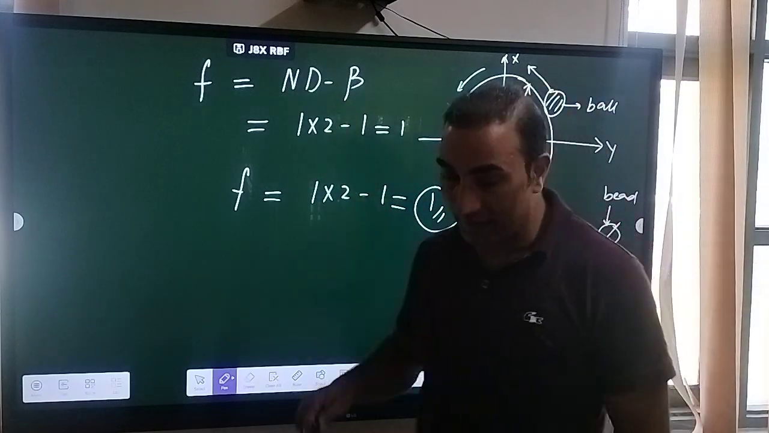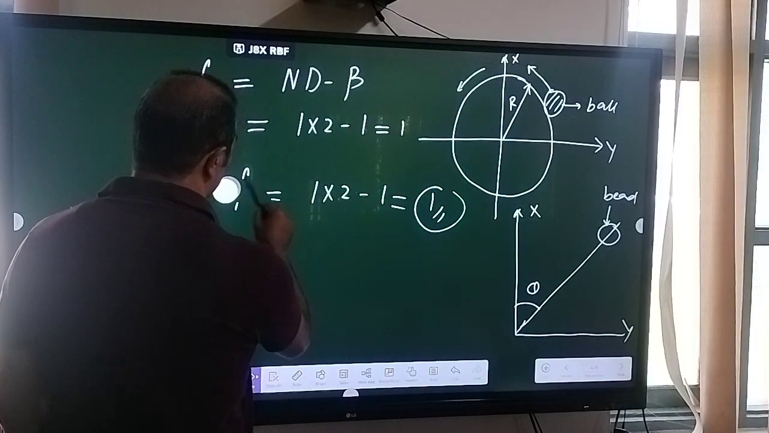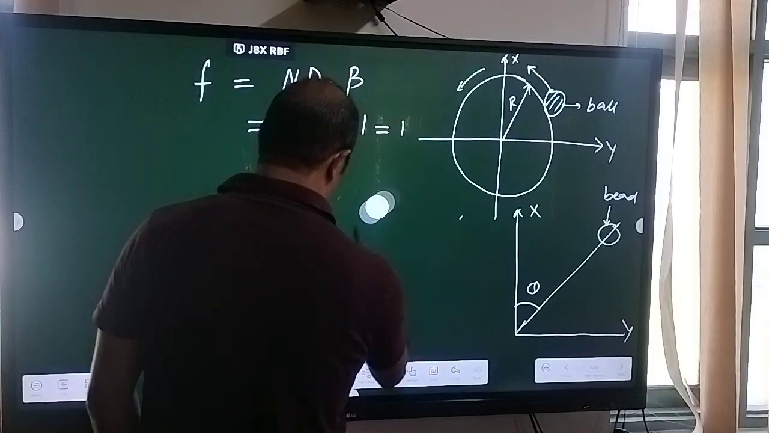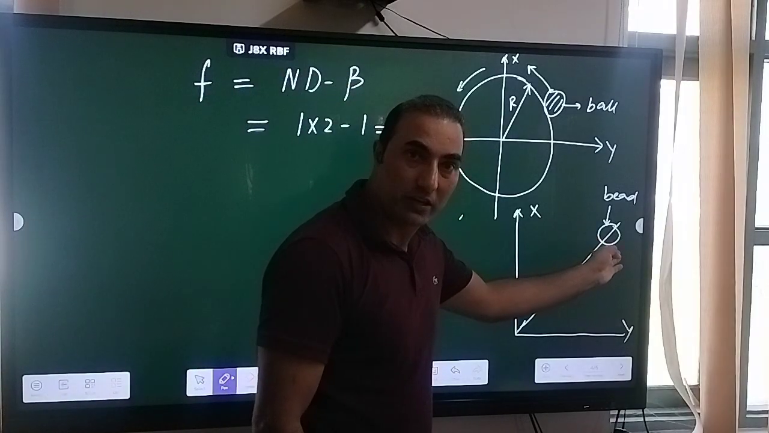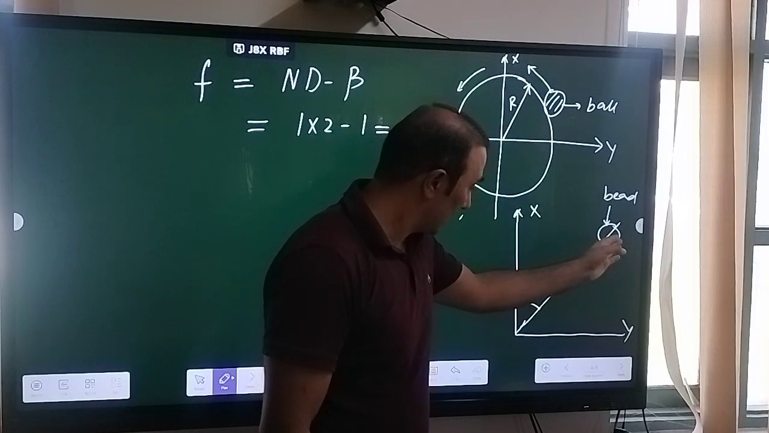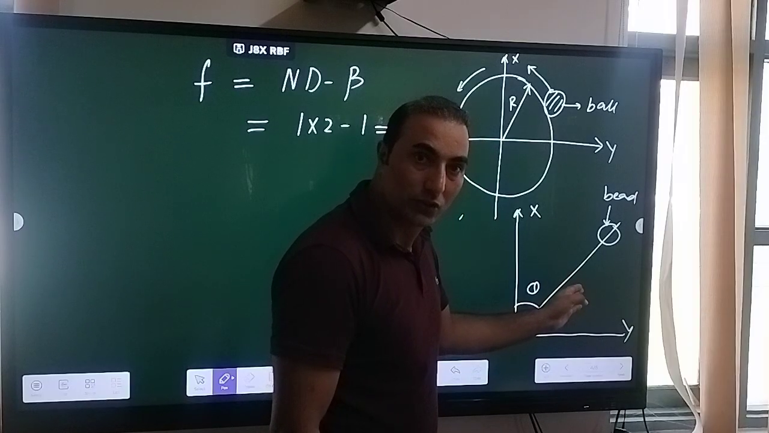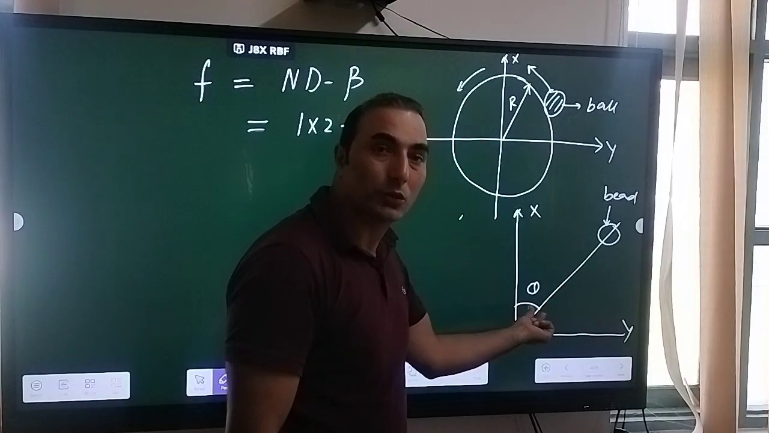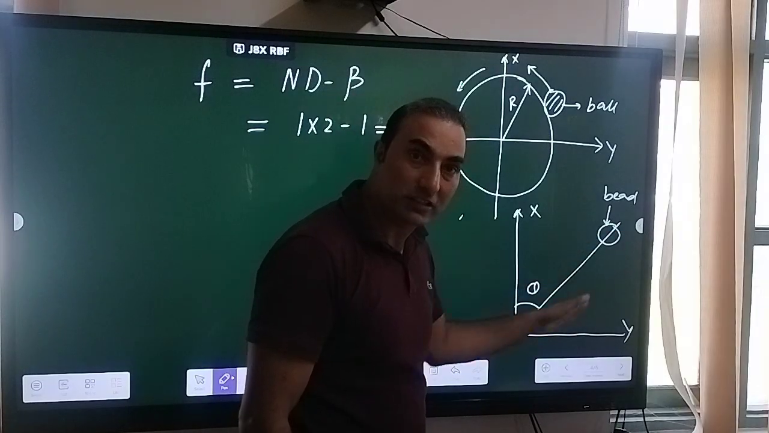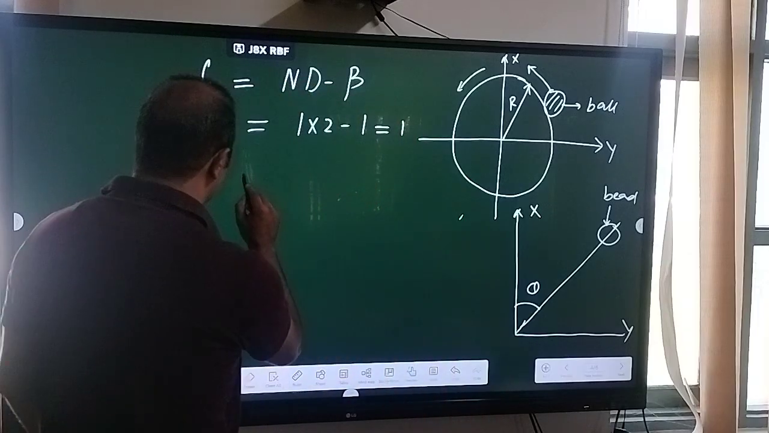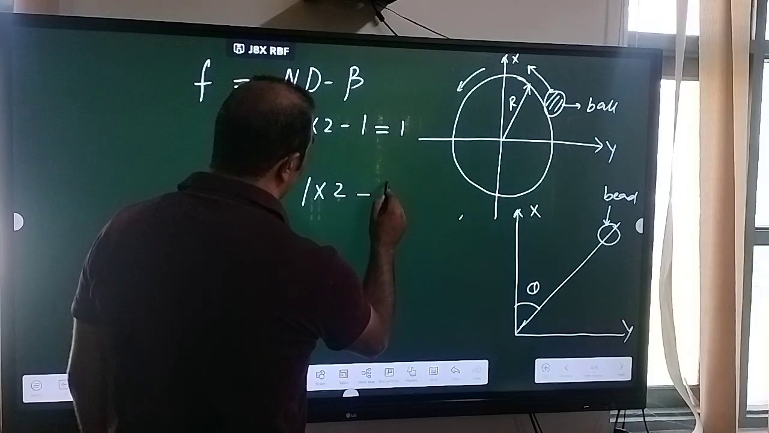Now if I take another case, if I take this case, here the motion of a bead along the xy plane along this path, right? So here I can say theta is fixed. When theta is fixed, that means this path is fixed, right? So again here f will be equal to 1 into 2 minus 1, because